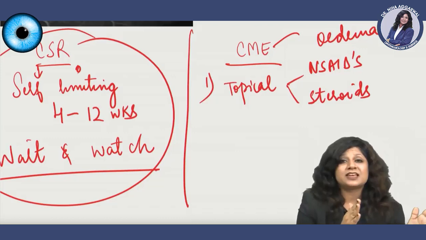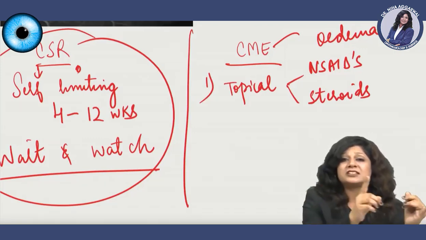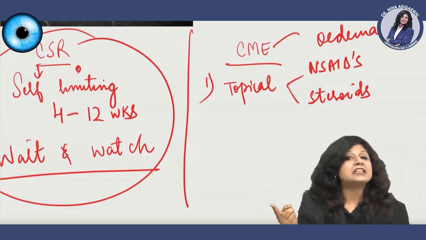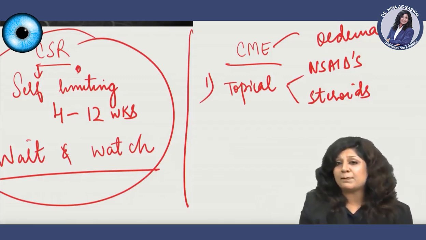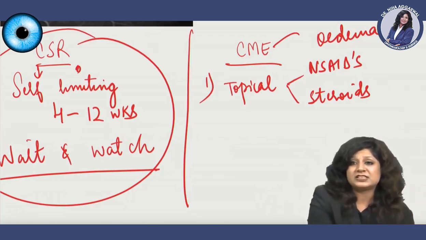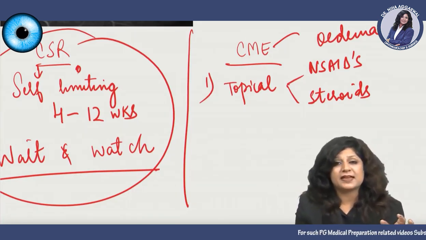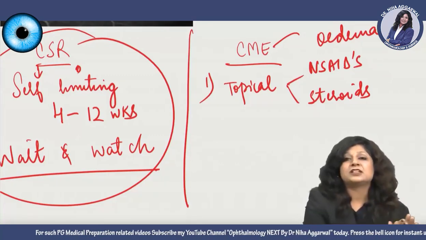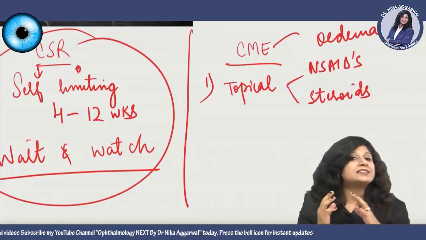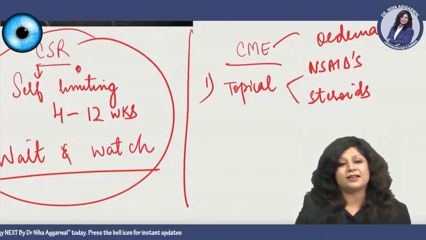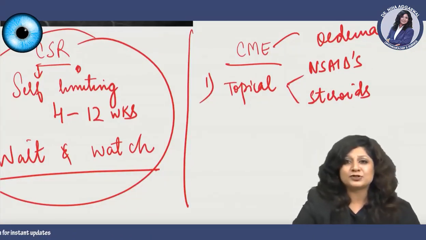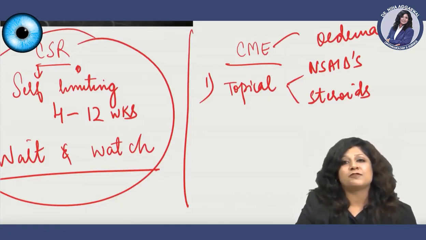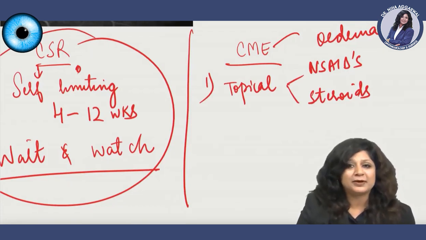Now, what is the differentiation on testing? On fundus, CSR gives you the circular ring sign, while in CME we get the honeycomb appearance. On OCT, CSR shows detachment, while in CME you get the cyst-like spaces. For confirmation by the FA, in CSR you get the mushroom pattern or the enlarging dot sign, while in CME we get the flower petal appearance. And ultimately the treatment: in most cases CSR is a self-limiting condition, while CME we have to treat with topical anti-inflammatory drugs.